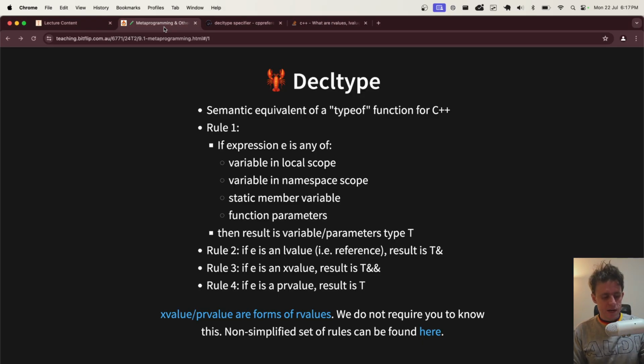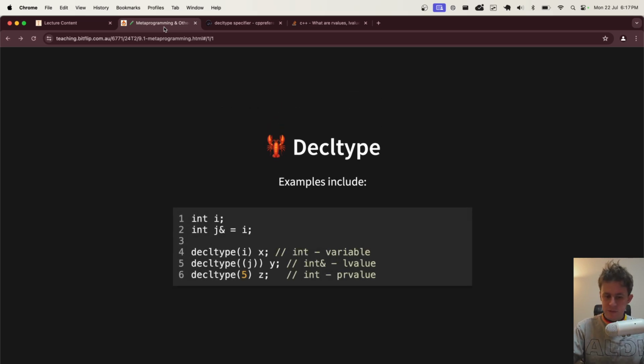In fact, we didn't even ask you to understand the rules of that. The point is that you can read up on them if you would like to. In particular, we don't actually do much at all with testing you on the details of decltype. We've kind of taught you enough. A lot of this lecture is going to be a bunch of stuff where we're just saying, hey, it's good to know this a little bit. But you don't have to know it perfectly because there's already a lot to know. But we'll still click through a few of them.